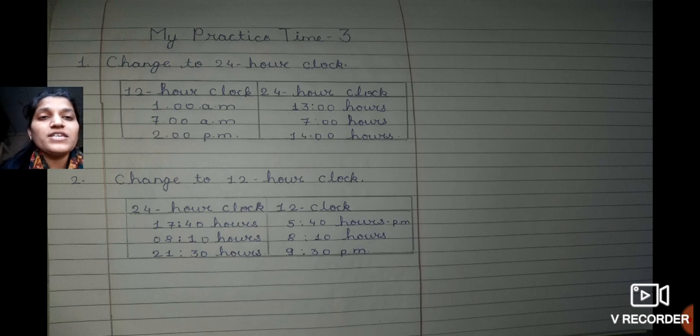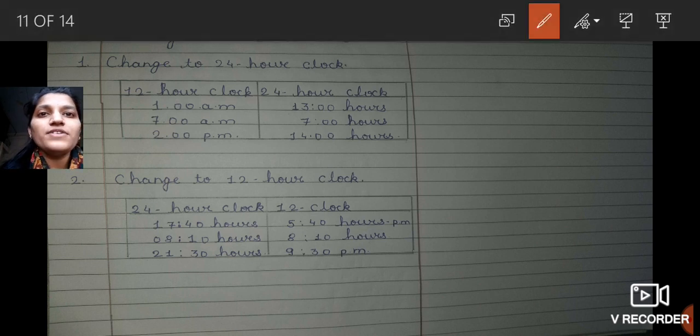So students, we have seen that when we convert 12-hour clock system to 24-hour clock system, right? When we change 12-hour to 24-hour, at that time what we do, we add 12 numbers, right? We add 12 numbers and then we solve the examples. So here I would like to solve with you.